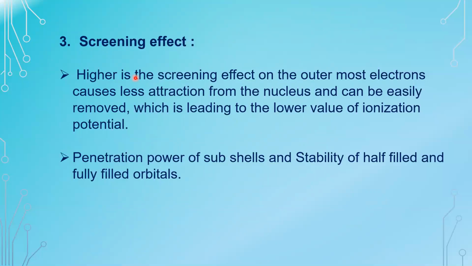Now what is it? Shielding, to create a shield. When we go to war, for our protection, we do have a shield. Isn't it? You might have watched Avengers as well. Captain America has a shield with him. So that means it gives protection. Hence, the shielding effect is often referred to as atomic shielding or electron shielding, which describes the attraction between an electron and the nucleus in any atom with more than one electron.